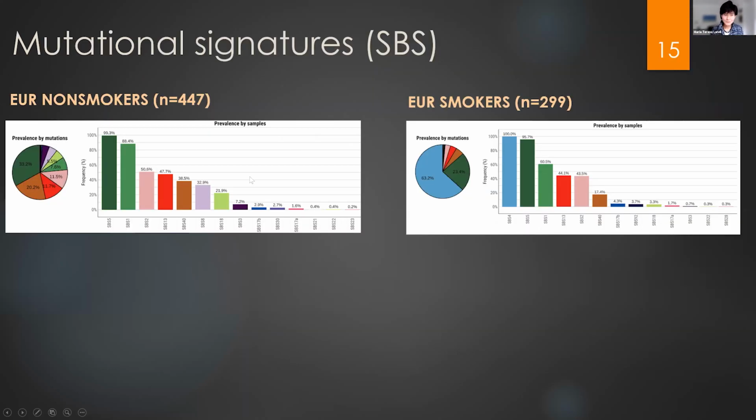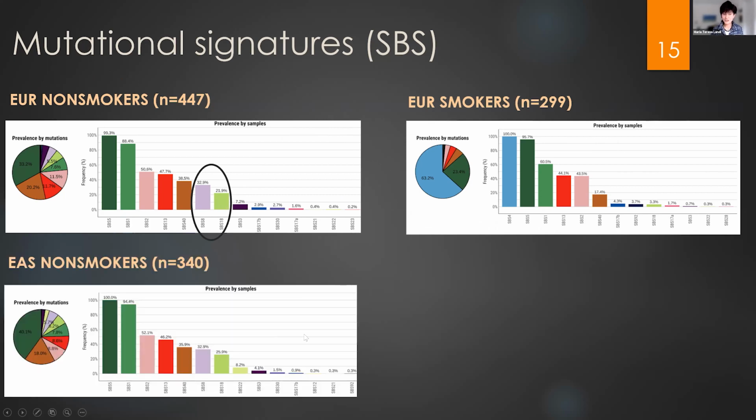So among some of the differences we saw when we compared the European non-smokers versus the smokers, as expected, a larger number of mutations were associated with signature 4 in the smokers. And in the non-smokers, we saw signature 8 and signature 18. That was also present in the Asian samples. But in the Asian samples, we also found signature 22, the signature associated with aristolochic acid that Peter showed this morning in hepatocellular carcinoma, and that had also been found in renal cancer in Balkan areas in Europe.